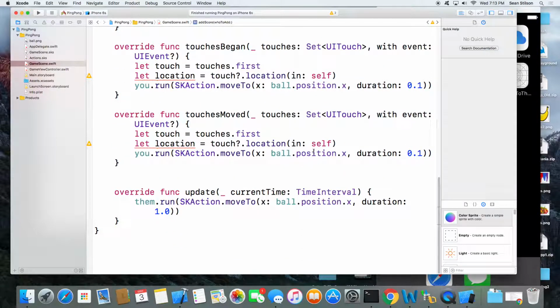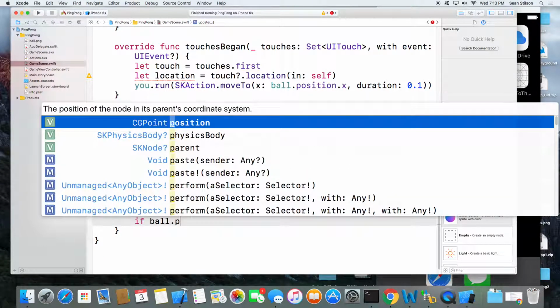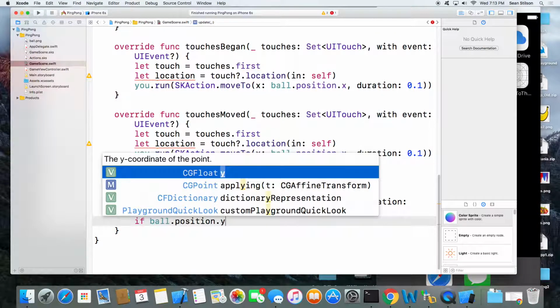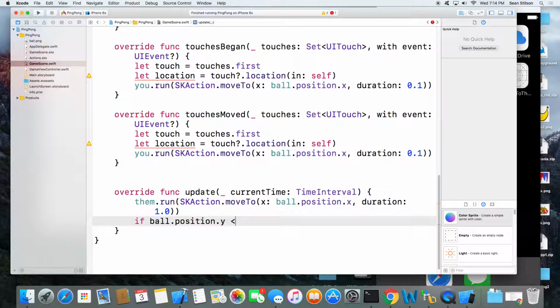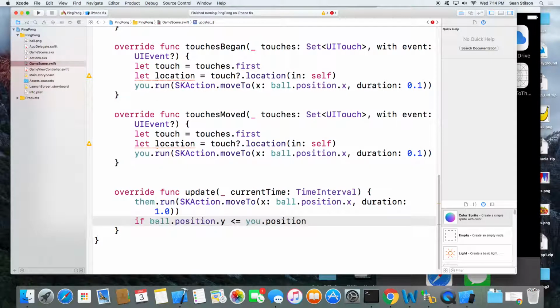All right, so now in order to figure out how to add points, we need to go down in our update down here and see if the ball is past one of the paddles. So what we can do down here is say if ball.position.y is less than or equal to us.position.